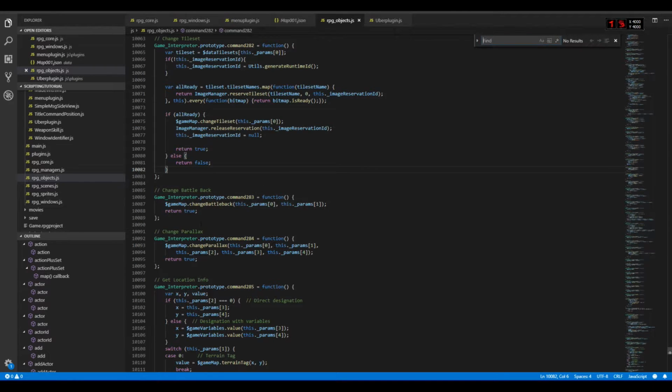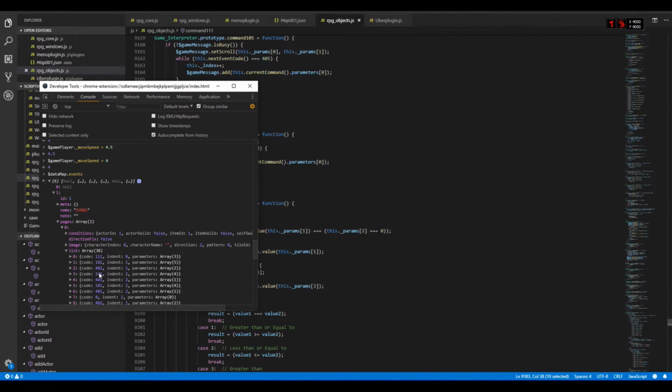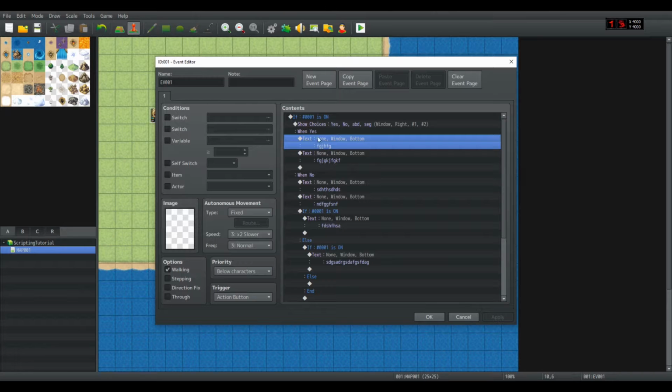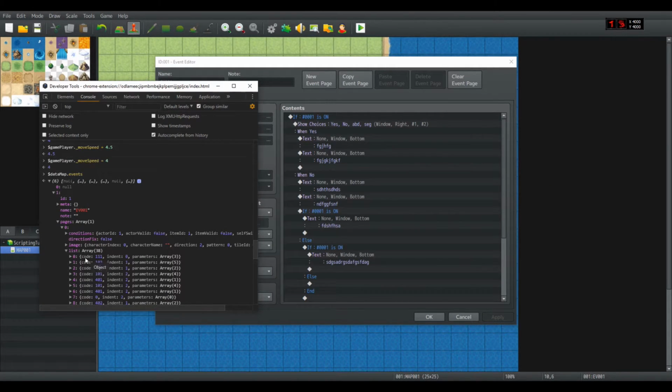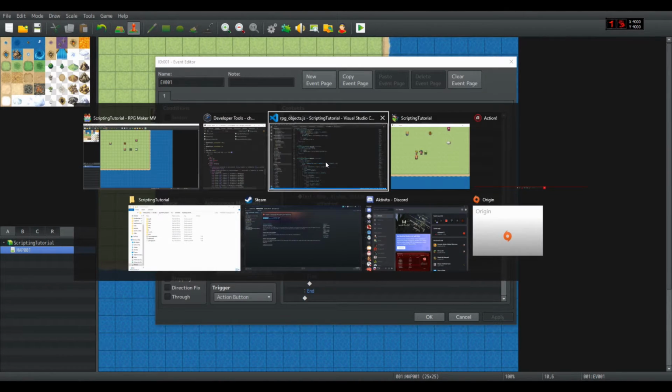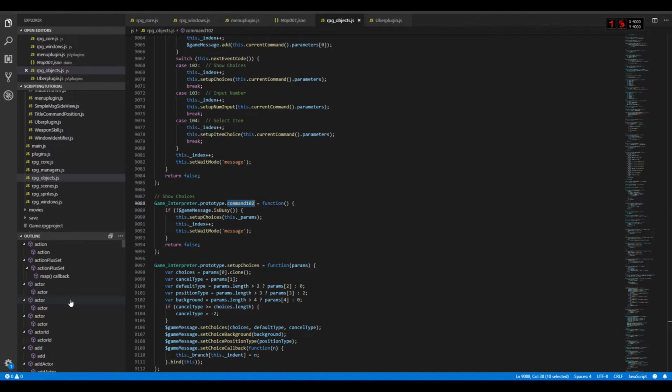I can see command 111 is a conditional branch, and since this is a conditional branch as a first command, we can see it checks out. Underneath we have 102, which is show choices, and we can confirm that the show choices actually checks out,